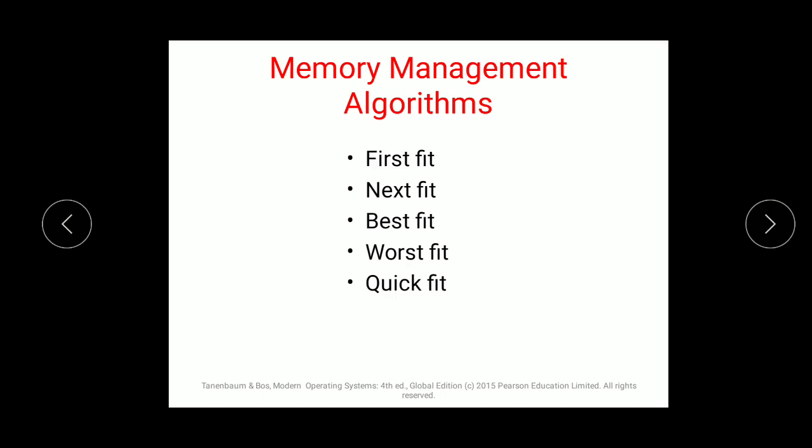In the first fit strategy of memory allocation, the very first available hole that is big enough to occupy an incoming process gets allocated to that process. Yes, as the name suggests, first fit means whichever comes in memory first will be allocated the first hole. There are 2 options available to start the search. Searching can either initiate from the location where the previous search has stopped, or from the start of the set of holes.